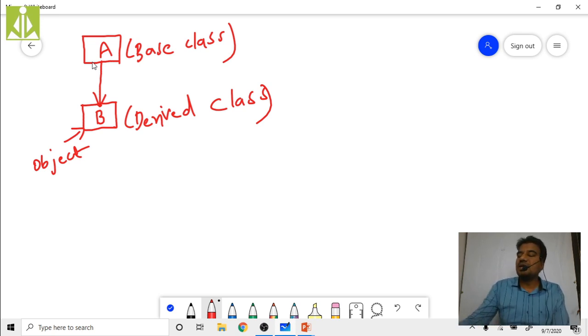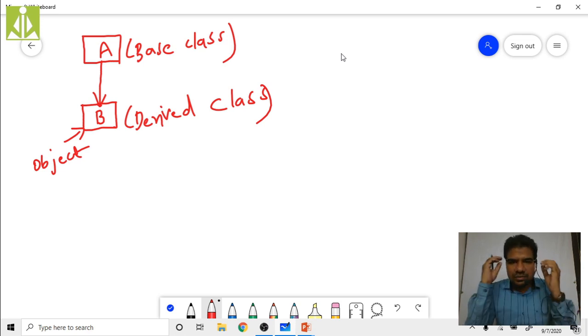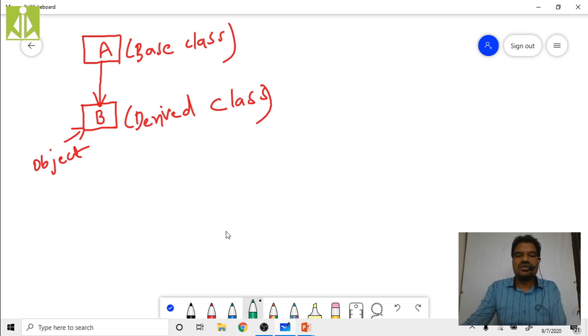So generally, how the invocation will happen, let us assume according to the compiler's point of view. We'll think this as per the compiler's point of view. So I will code these two classes. I mean, I will write the syntaxes, not the complete code, but the syntaxes of these two classes.